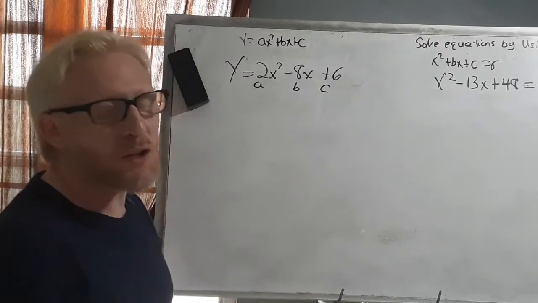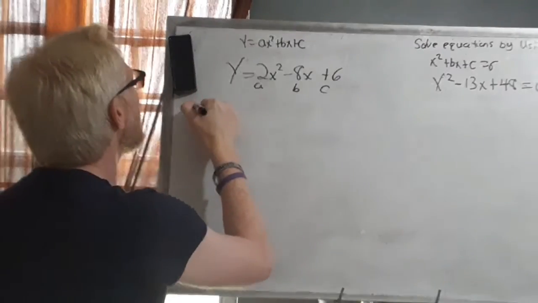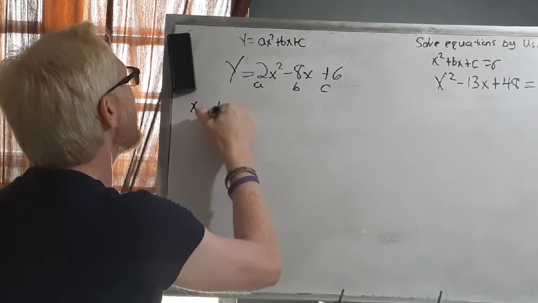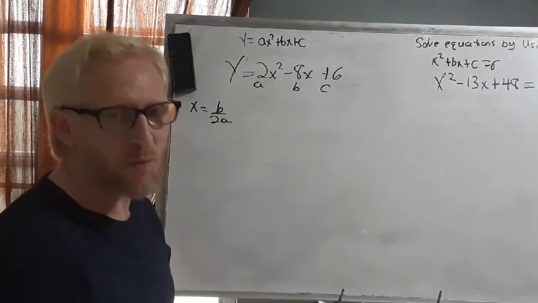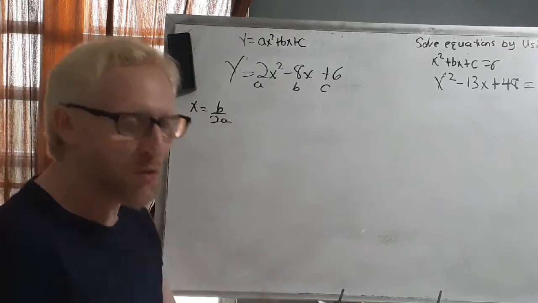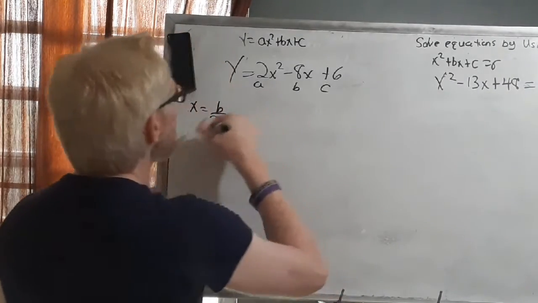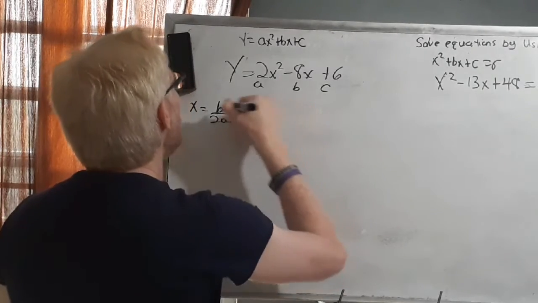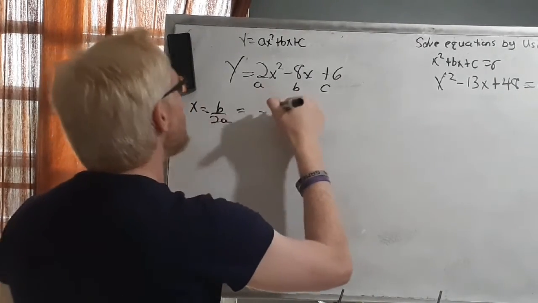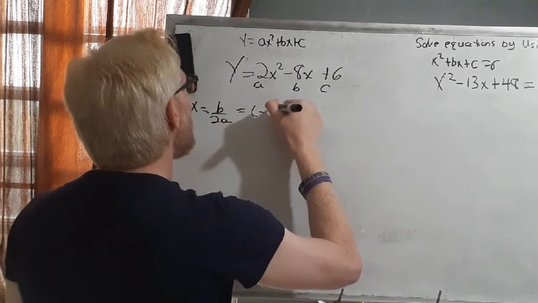The first thing we want to do is find our vertex. And the vertex is given to us by the formula x equals negative B over 2A. So we're going to find the vertex, and we're going to find our axis of symmetry, and we're going to graph that. Now to find our vertex, we simply use this formula, in which B, in this case, is negative 8. So it would be negative negative 8,